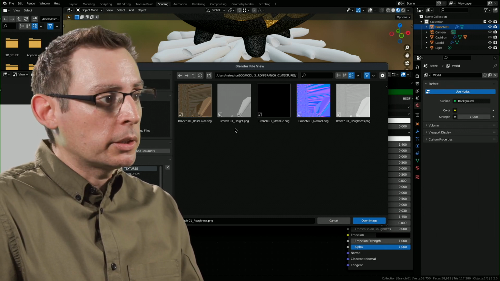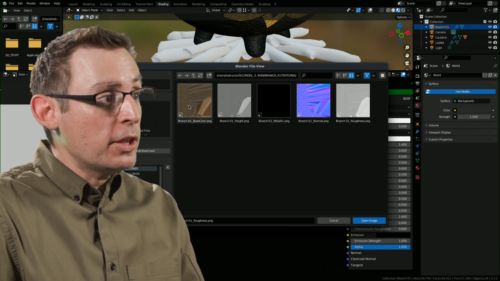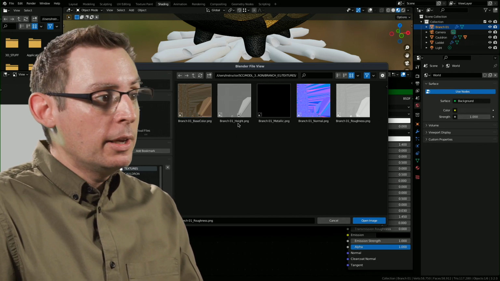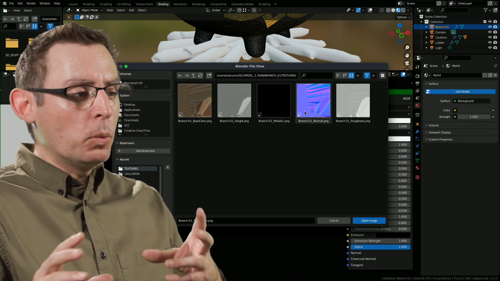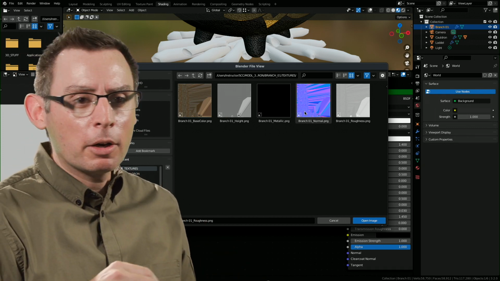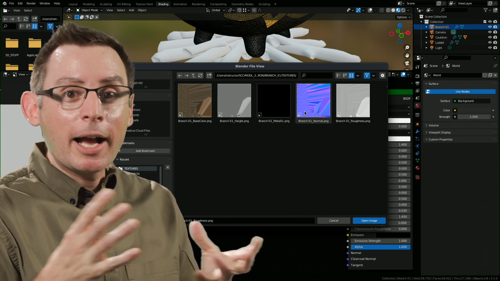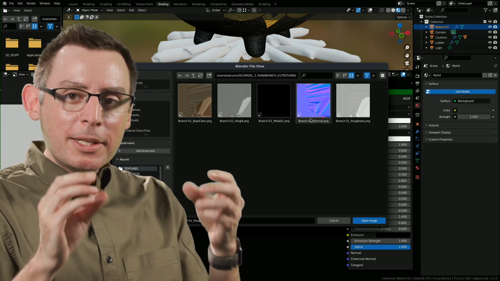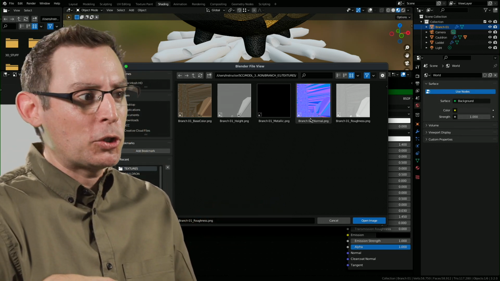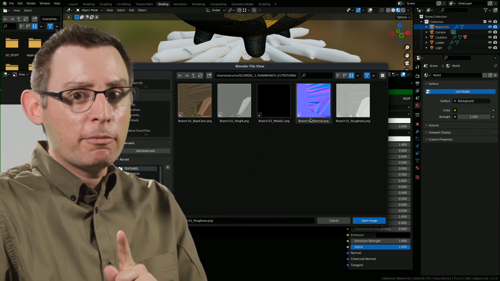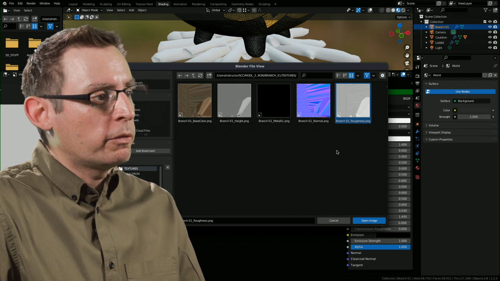One has base color, and that defines that this is going to be used in the base color channel. There's one that's called height. There's another one called metallic. Normal, this is a fun one. It's purple. Don't worry, our little branch, our little log is not going to be purple. The normal map contains vector data that determines the angles the light is going to bounce off the surface. It's very cool and high-tech stuff. More on that in a minute. And of course, we also have one for our roughness.